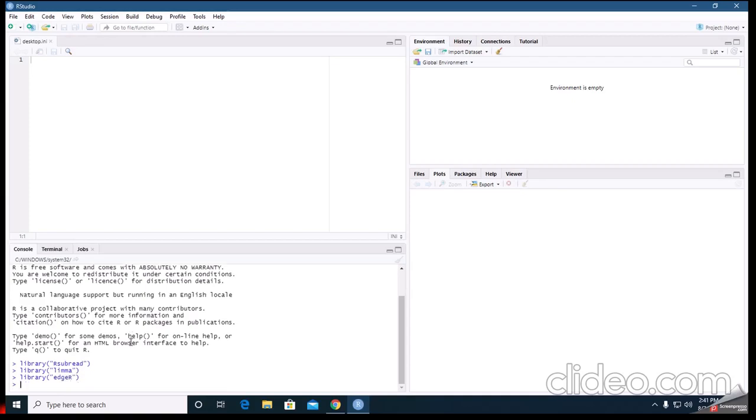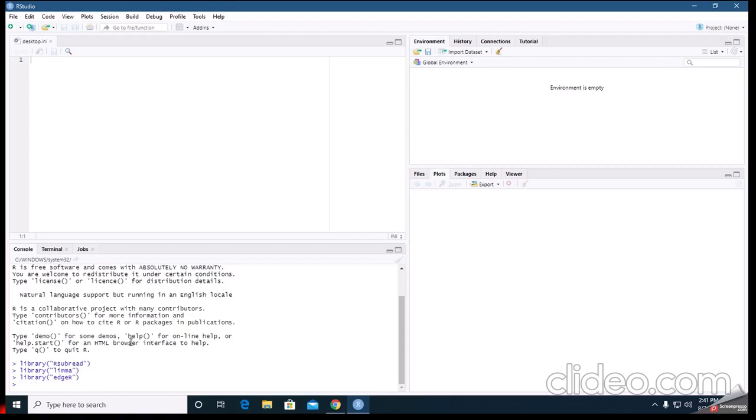If you don't have these packages installed, then you just need to install them through BiocManager. Okay, just write this command and then enter the Bioconductor package name which you need to install. Okay, we already have these packages.